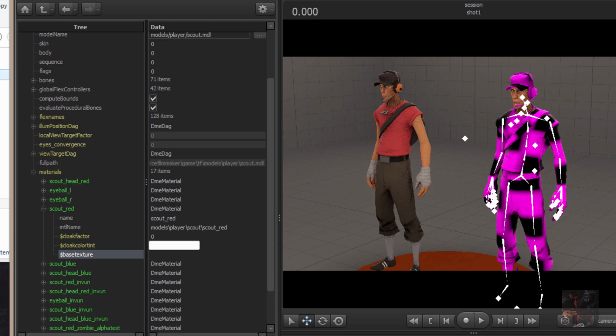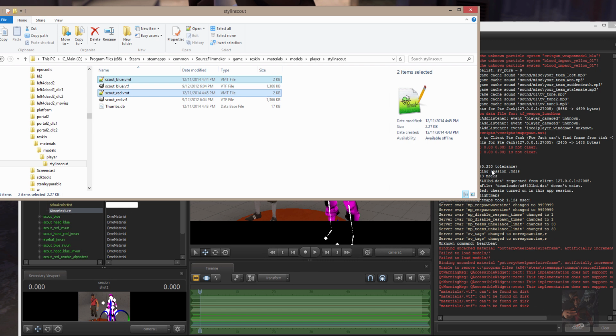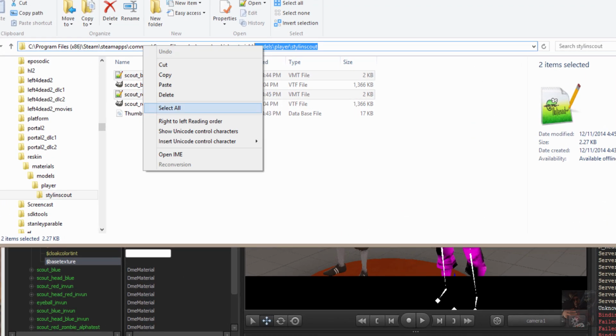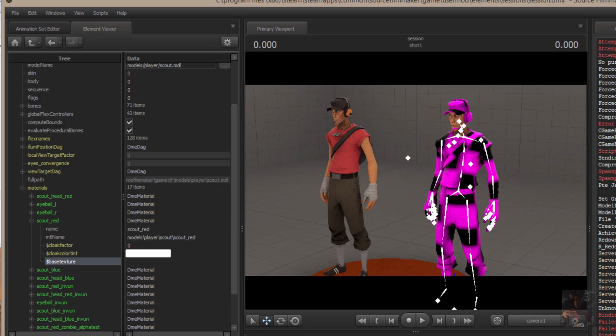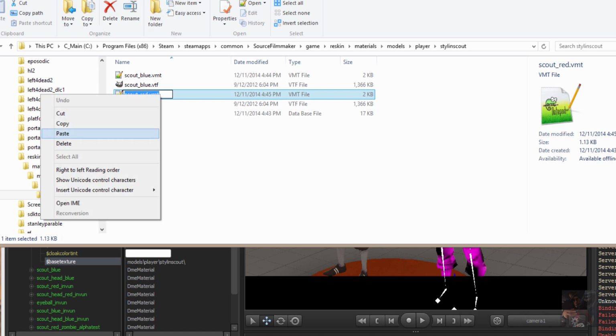Now what I'm going to do is I'm going to replace that base texture that it erased with my Stalin Scout texture. So I come back here, I pick up the path beginning at models because it's relative to the materials folder. Copy that. Come down here beside base texture into the text box. Drop that path. Close the path off with a slash because we need to separate the slash from the file name. Then I'm going to pick up the VMT name